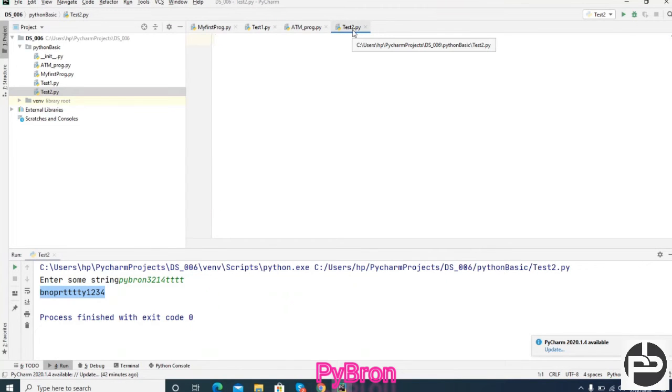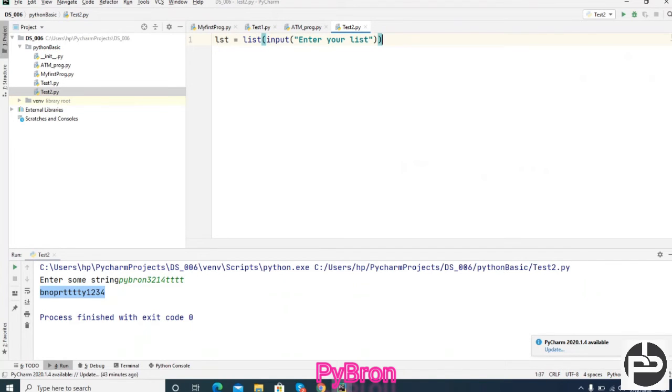Suppose you have to take input, like list input. You have to take lst is equal to input, enter your list. By default, what is the return type of input? String, right? It is our duty to convert the input into a list. Done.